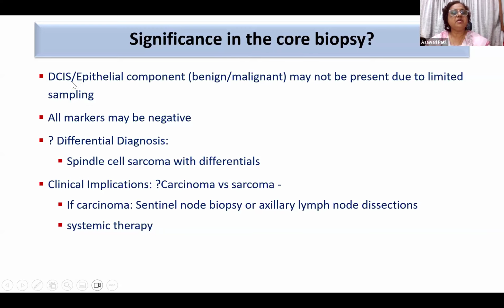First, look for an epithelial component, if DCIS is present, or any epithelial differentiation is present. Having said that, all epithelial markers can be negative, and differentiating spindle cell sarcoma and malignant phyllodes from metaplastic or sarcomatoid carcinoma can be very difficult clinically, but it is important, and whenever possible, we have to make sure that